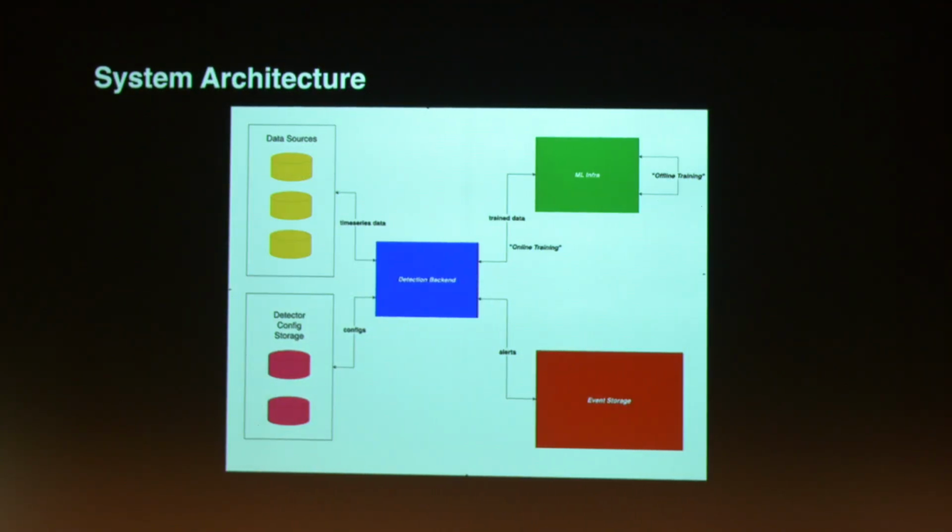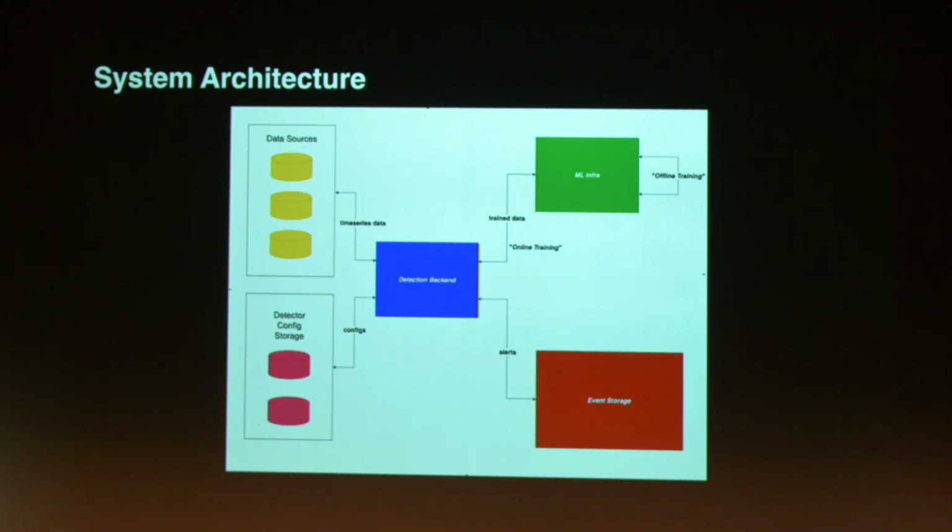So yes, system architecture. This was the one that I was really excited about, and it's the one that got a lot of info stripped away from, but I'll still go into it. We have our detection backend, and the detection backend loads configs from our detector config storage. We do this periodically so that we get the most up-to-date configs that people create. This can be done either by our UI, or people can write their Python scripts, whatever they want. Then when we load these configs, we execute their query.